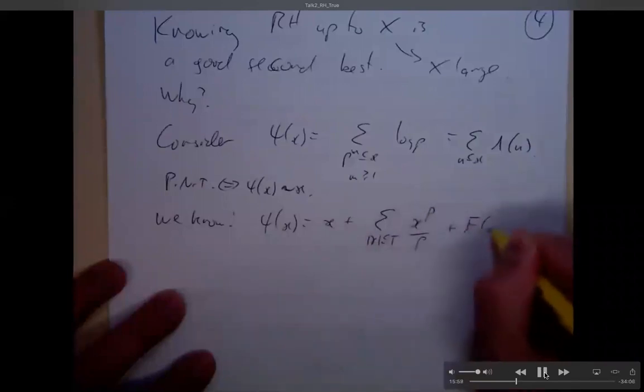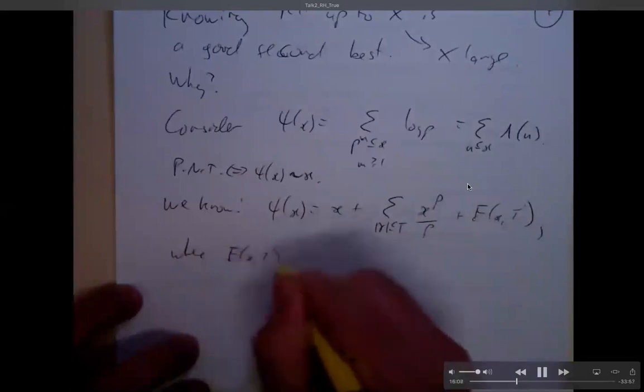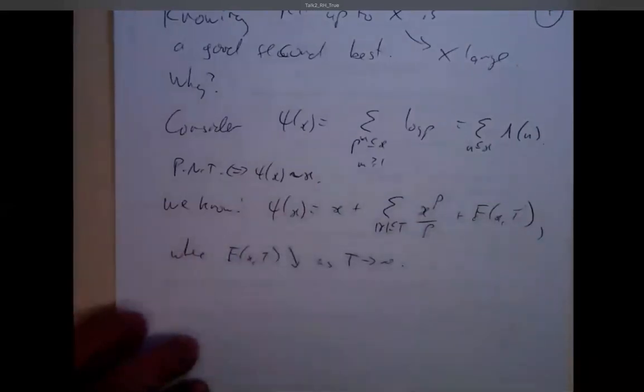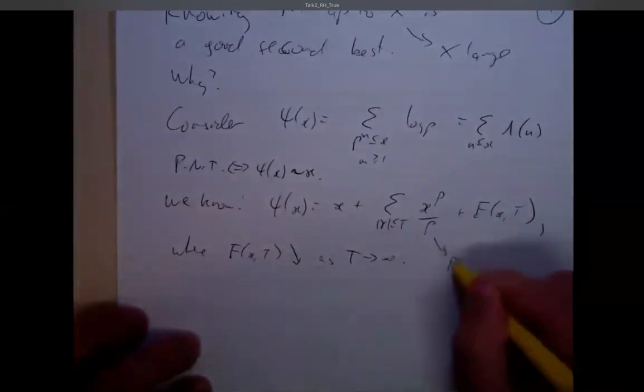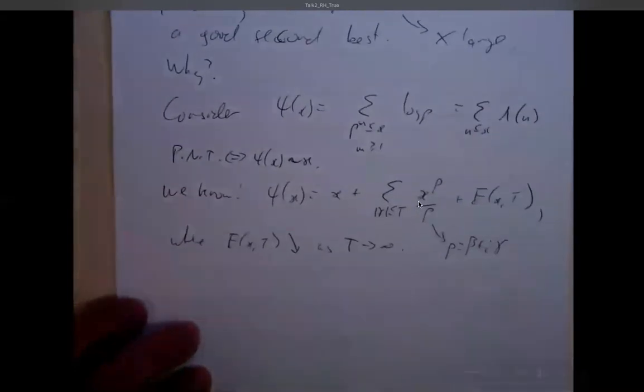So what do we know? We know that psi of x goes like x plus some other stuff. Well, that's a good start. What's the other stuff? So psi of x goes like x plus some sum plus some error. So when you see the error term, just don't worry about it. You know, we could write it down. We could spend some time. It's interesting, but not for the purposes of this talk.